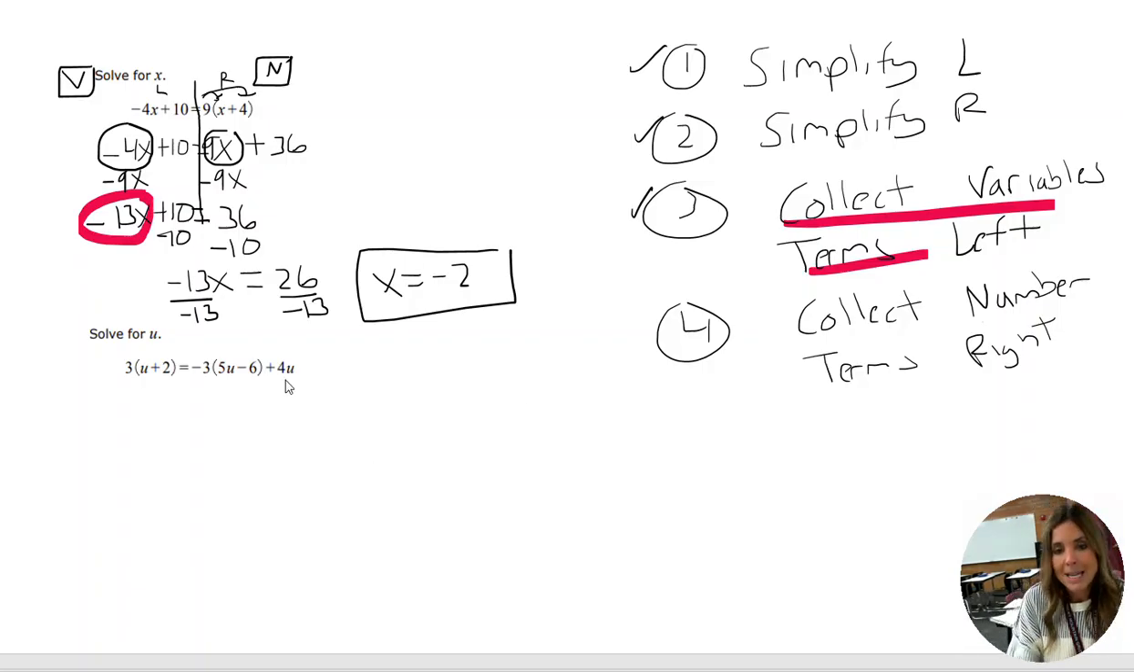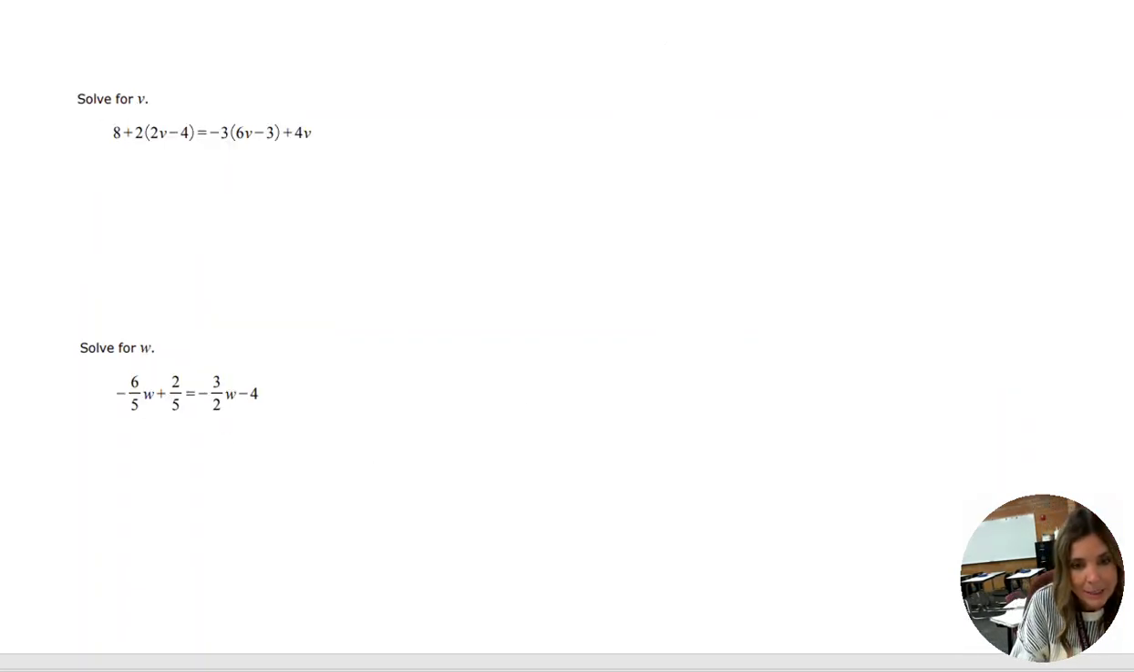Okay, next example problem includes an equation where we need to simplify both sides and then solve. Okay, so remember, steps are look at the left side, see if there's anything that can simplify. Let's do that. We see this 2 that needs to be distributed. 2 times 2v is 4v. Now when you distribute the 2,